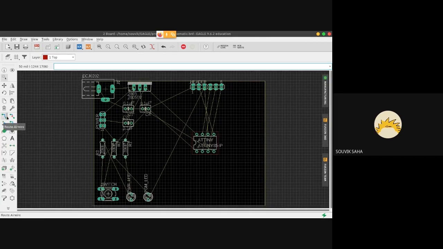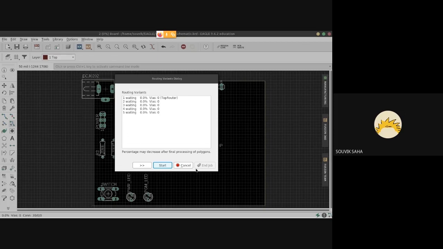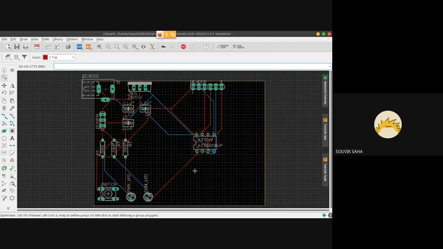If you click somewhere here and select continue, it uses some mathematics and it wires the PCB up for us. But